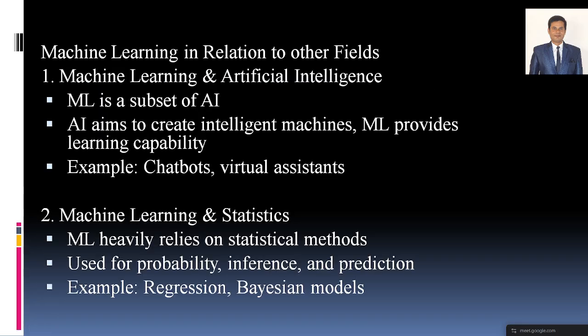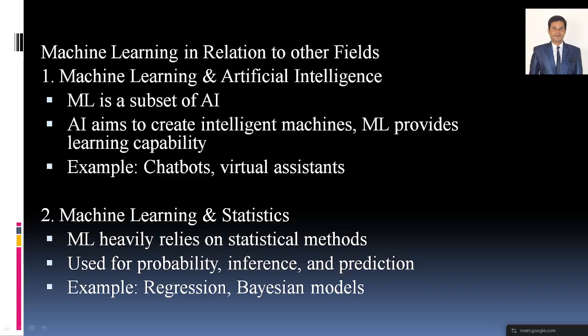So machine learning is related to other fields also, not only to our battery management system, right? As I told, ML is a subset of AI. You can say that AI is like an ocean, isn't it? Machine learning is under the ocean. What else can you find there? The big sharks, fishes and all, isn't it? So AI is nothing but an ocean, and under that we have machine learning. Machine learning is just like the fishes and sharks. So AI aims to create intelligent machines.